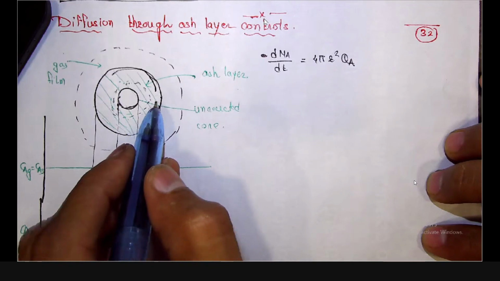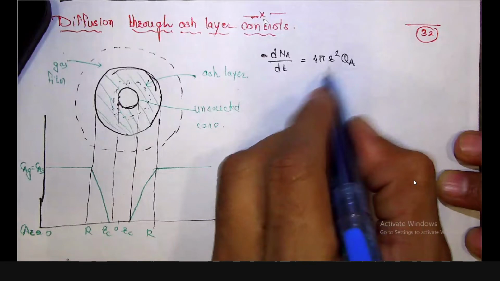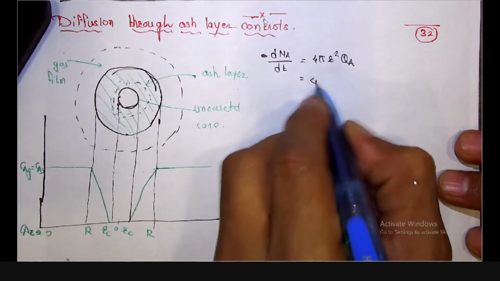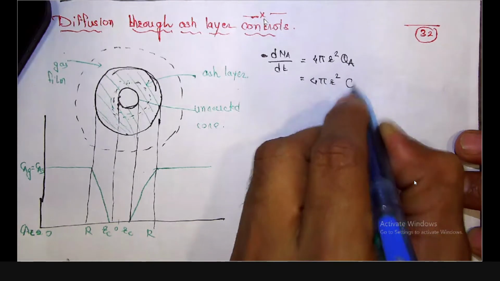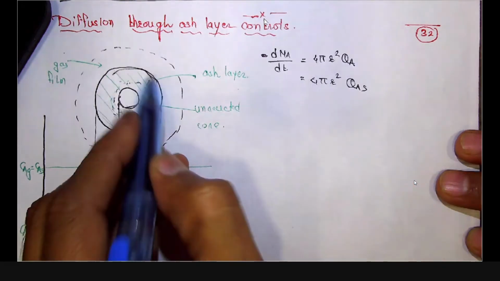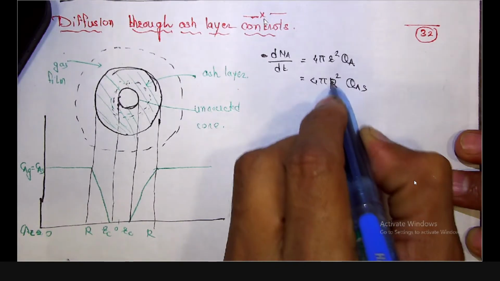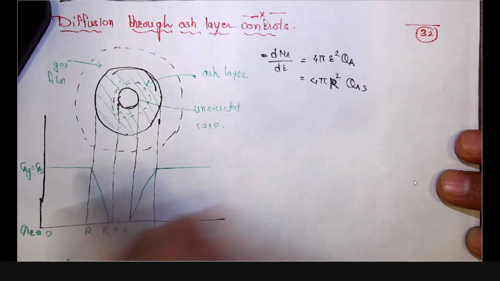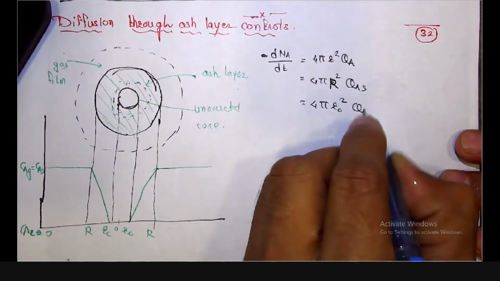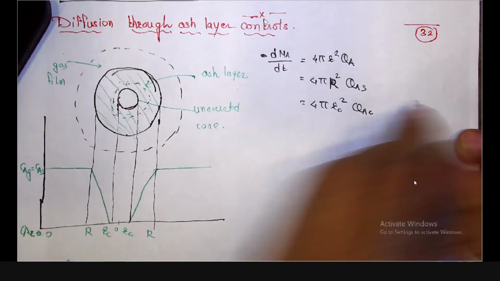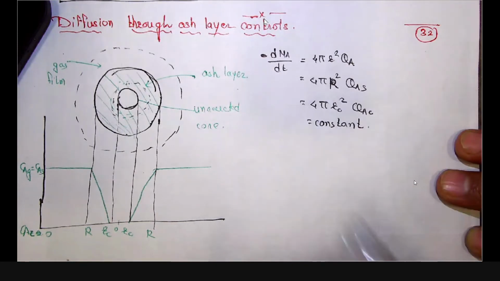of any radius r. So at a particular r, it will be like this, and this will be 4 pi r square QAS. So at the surface flux, it will become the capital R. Similarly, 4 pi rc square QAC, and this is equal to constant. And as for